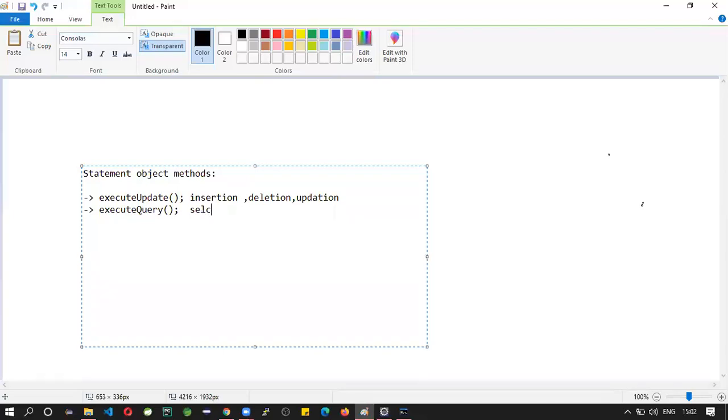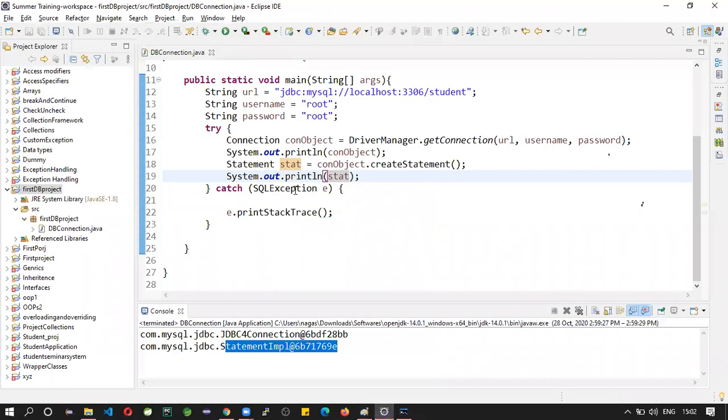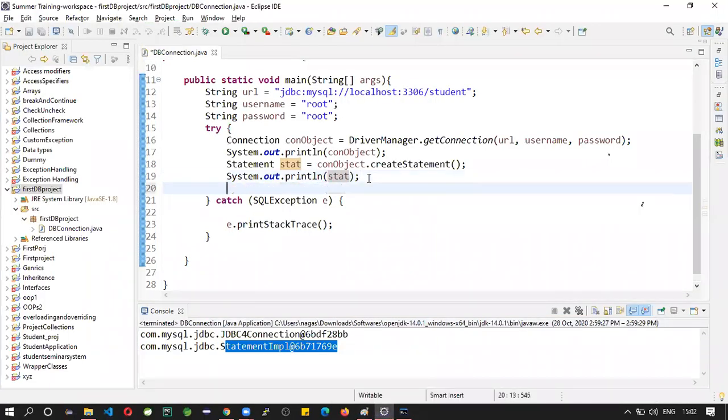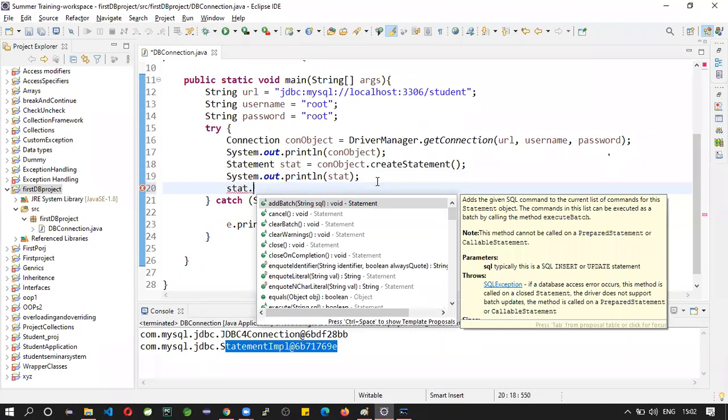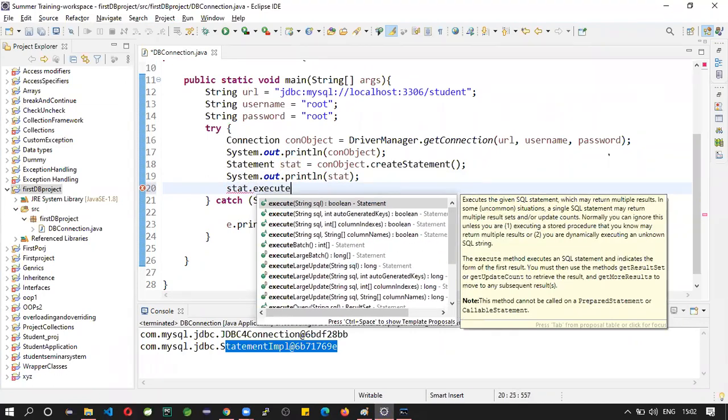Select means getting data, right? Select star from student. Select statements. So let us see this. stat dot execute.